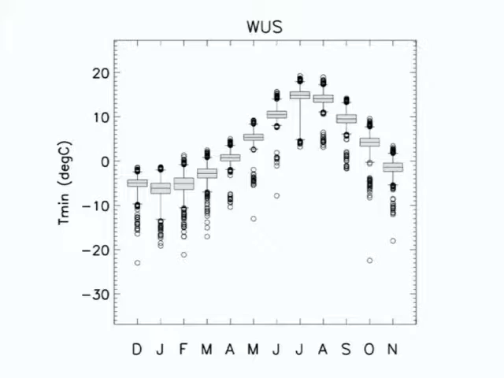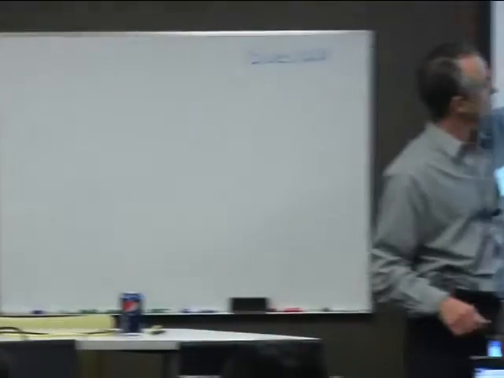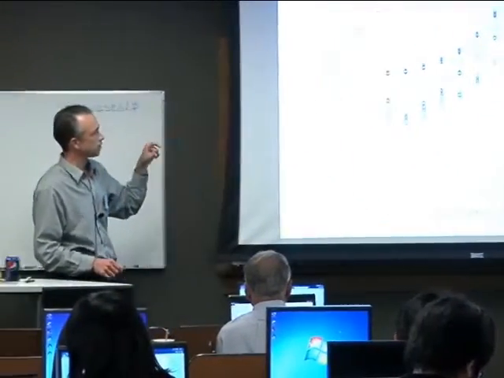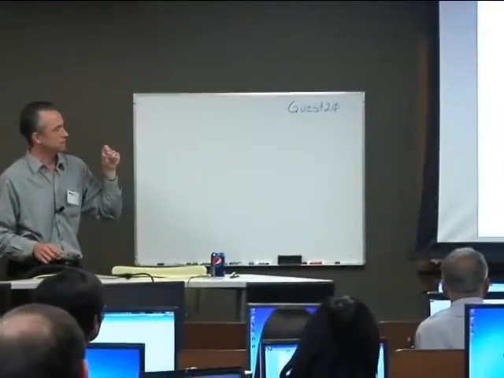Anyway, another piece of evidence. What we would do with models is look at the seasonality of the full statistical distribution over the main western US. For each month, all of the 100,000 available are plotted. If you look at the bottom, these are the 25th and 75th percentiles. Half of the station